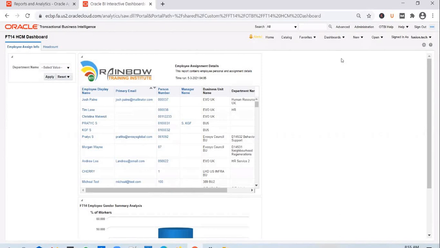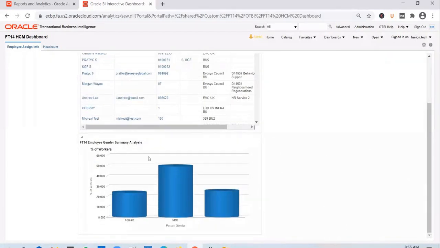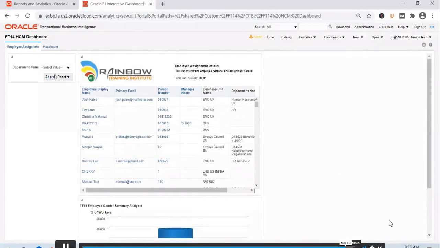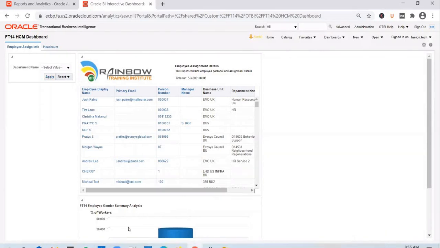Yeah, I'm asking the same. That same department name has to reflect in both the above and the down graph. Correct. If you want these 2 reports to be refreshed whenever the prompt changes, then you need to add the department name as a prompt on this report as well, and you select it as is prompted. Then will one more department name appear as a drop down, or will the same department name appear only once? No, the same department name. There's only once. This same value will be passed as input to this and this. You don't need to duplicate it as many times.